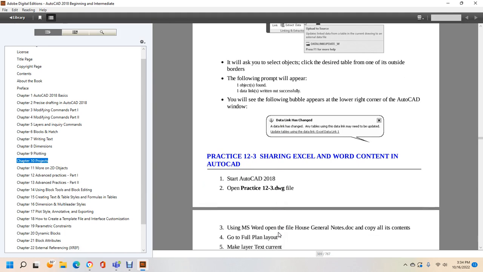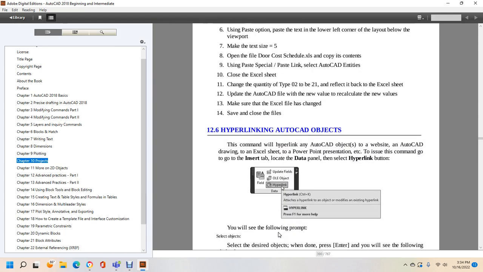Practice sharing Excel and Word content in AutoCAD. Hyperlinking an AutoCAD object: the command will hyperlink any AutoCAD object to a website, AutoCAD drawing, Excel sheet, or PowerPoint presentation. Issue the command. Go to